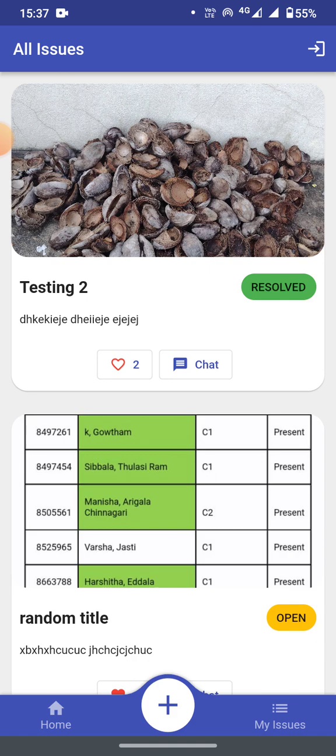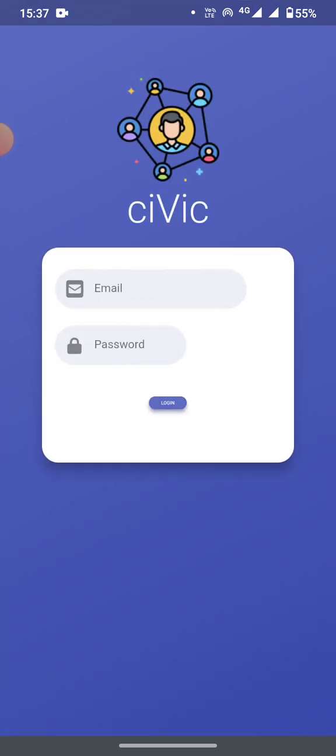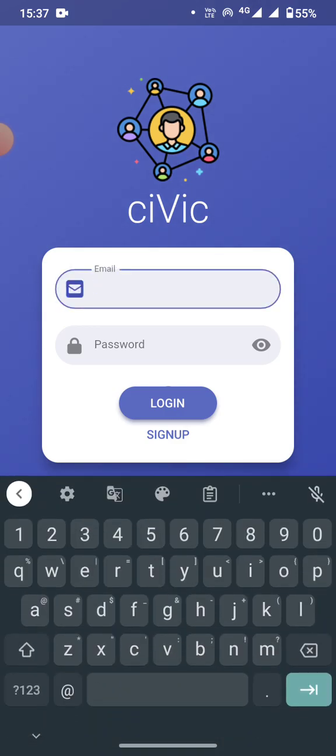Now let's try to create a new account and see what happens. We can log out from the current session using this top right icon. And now let's try to log in with an email that doesn't exist. So this particularly validates the user, like if the entered password is right or not, and the entered email is registered or not. So let's try to,